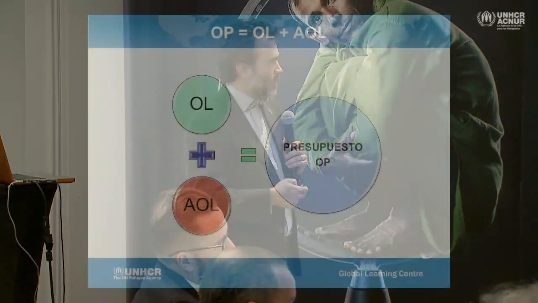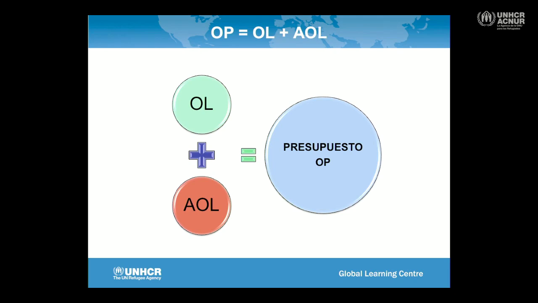To do this programming, we have a budget. First of all, one that is an indication and the other one that is fixed. And we have the budget that is under this structure referred to as AOL, that is to say what the office would be in case they have the additional funding.